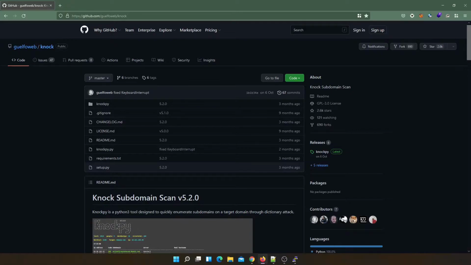Given that I have already discussed in detail another useful subdomain enumeration tool, SubFinder, it always helps if you use multiple tools during the recon phase, as you can get more comprehensive results and the difference can certainly be a game changer for you. In case you are interested to know more about SubFinder, the link will be provided on the video along with the playlist for recon. Let us now first focus our attention on the tool NocPy.